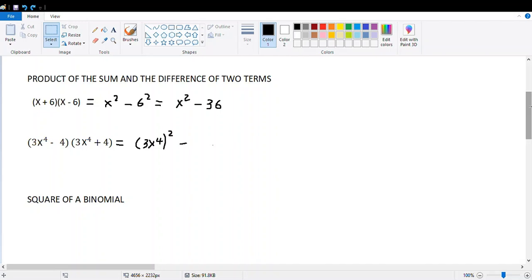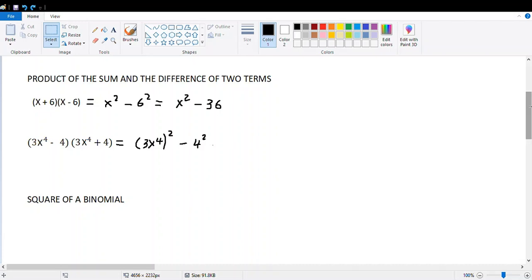Minus is always minus. And now the second term, that in this case is 4 squared. Remember, first term squared minus second term squared, and solve any operation if it's possible. In this case, of course, it's possible in both of them. To solve the first one, this one over here, if you don't remember very well what we can do in